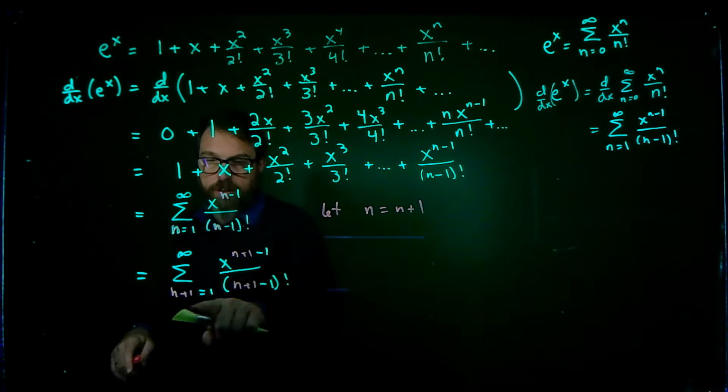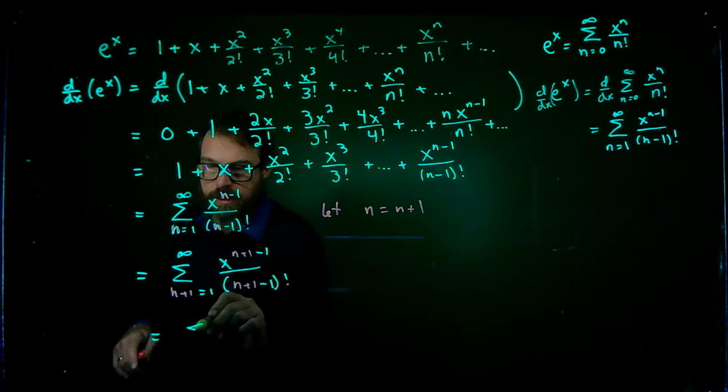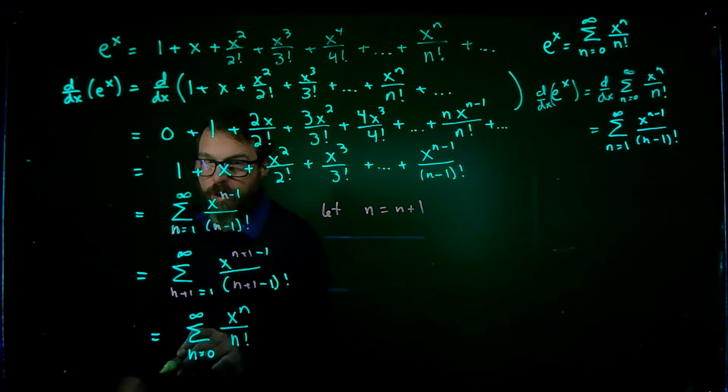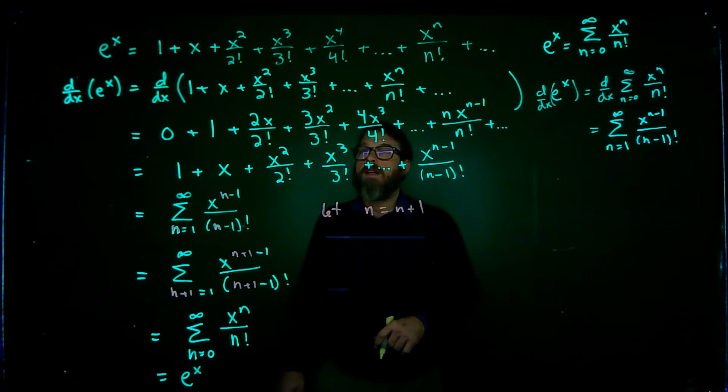And what we can see is when I simplify, we're going to have the summation of n equals 0 to infinity of x to the n all over n factorial, which we know is e to the x. Now let's do its